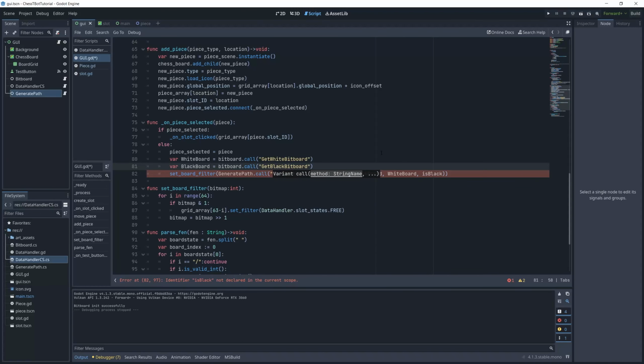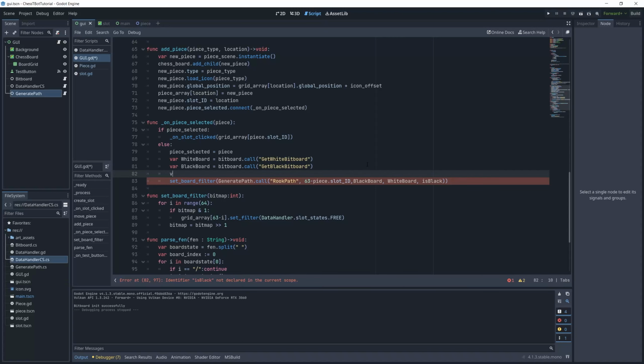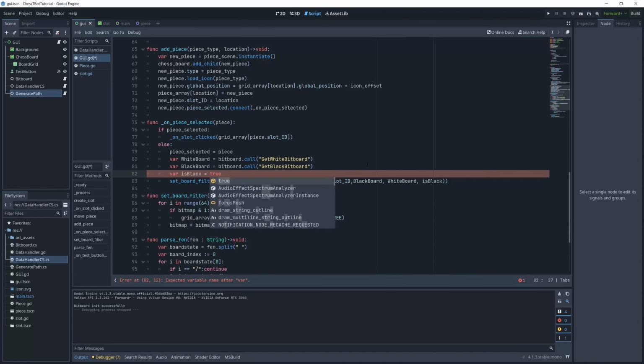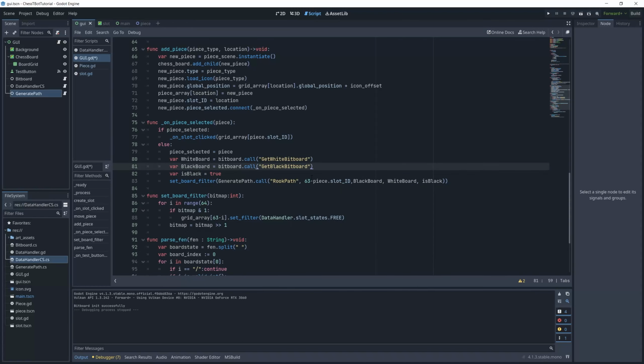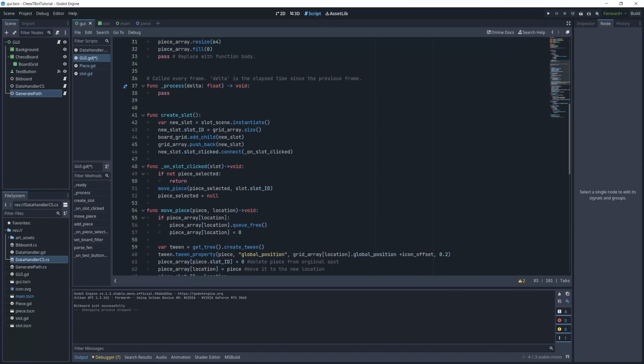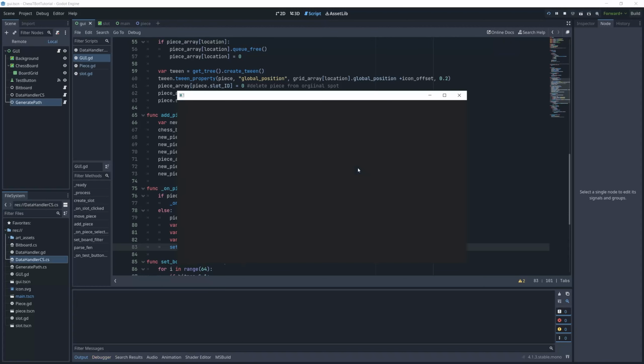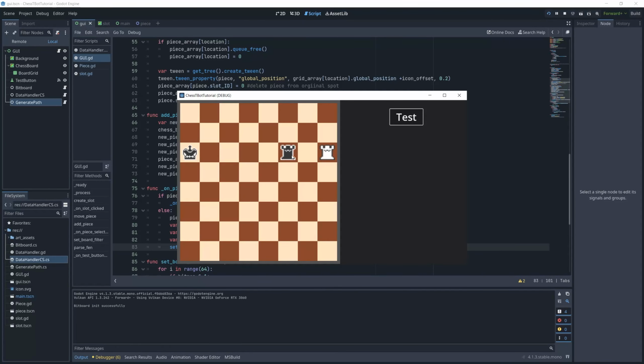Black bitboard. Okay, now we just need another variable that says is black. Let's just set it to true since we're demonstrating with a black rook. Okay, now we have all the correct parameters, the arguments passed in, and let's try it. All right, so now when I click on this rook, its proper path, all its available slots should be